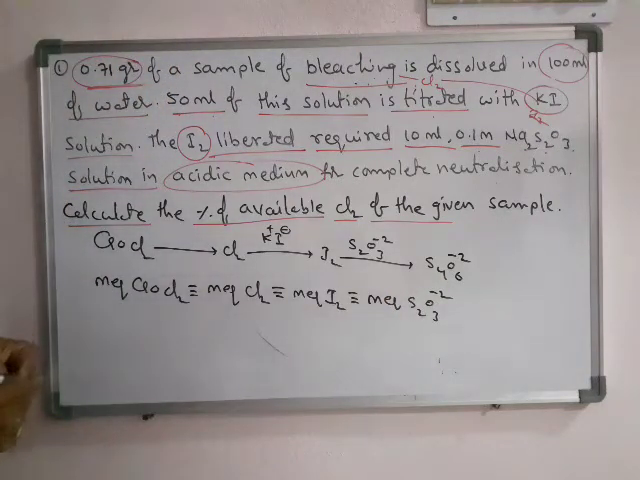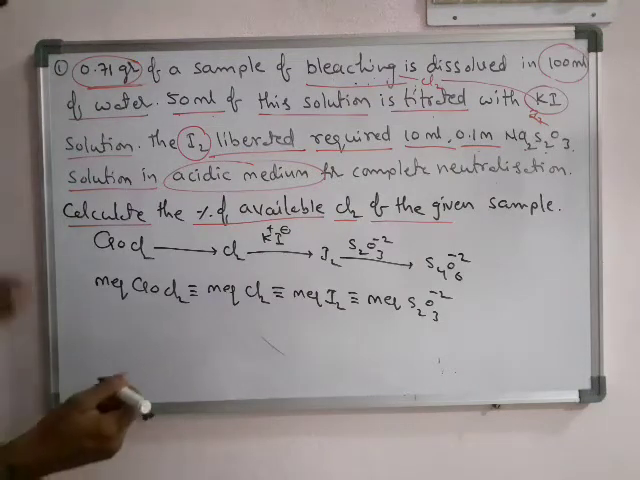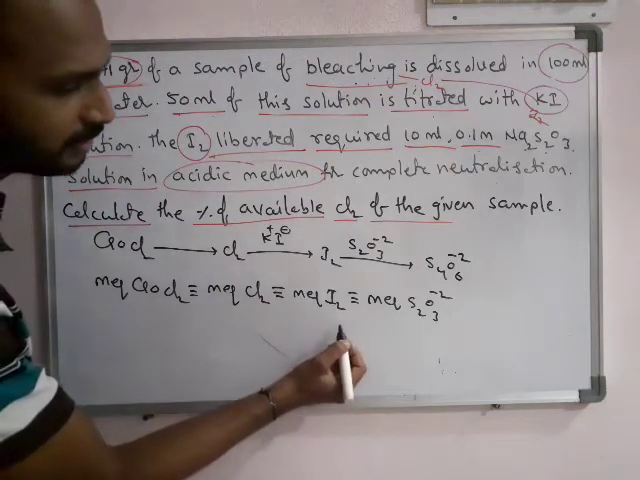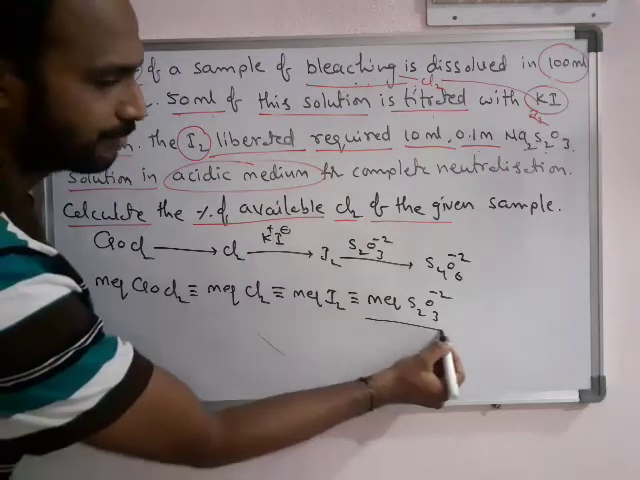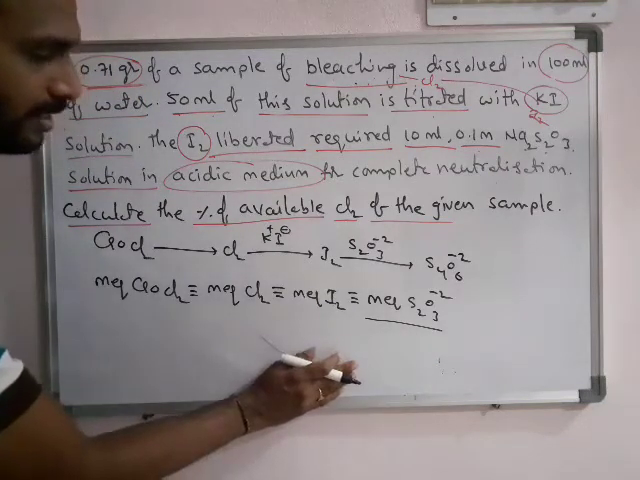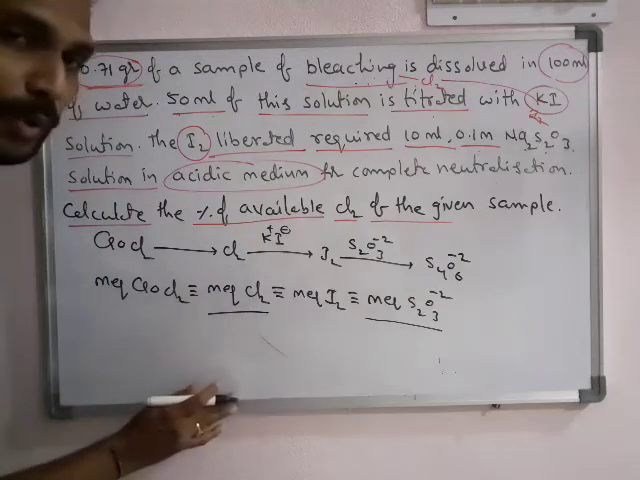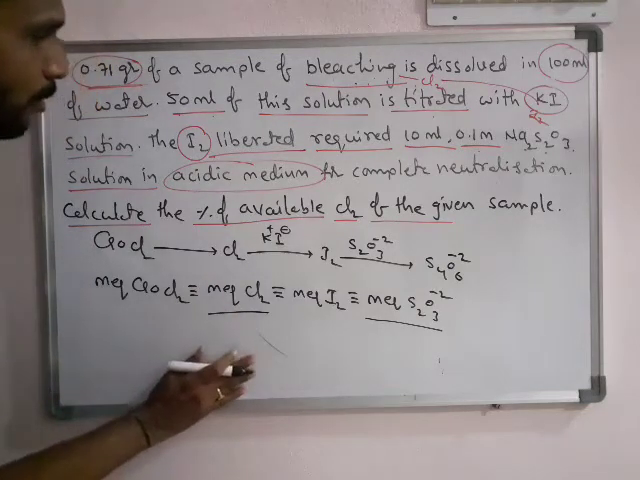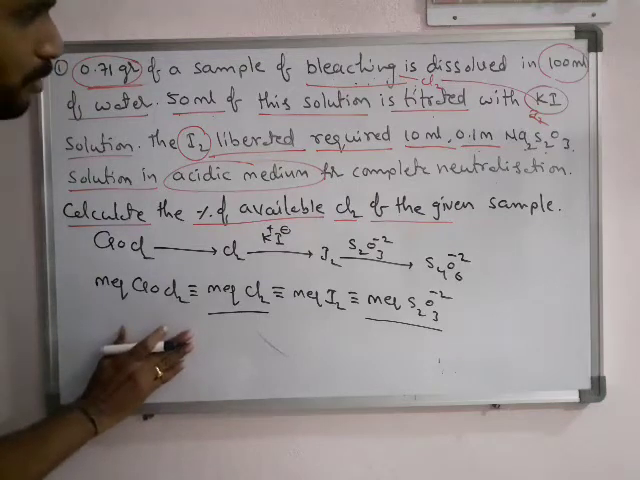So here there is information given only about milli equivalence of S2O3 minus 2. We need to calculate about chlorine. So in this problem, from bleaching powder,